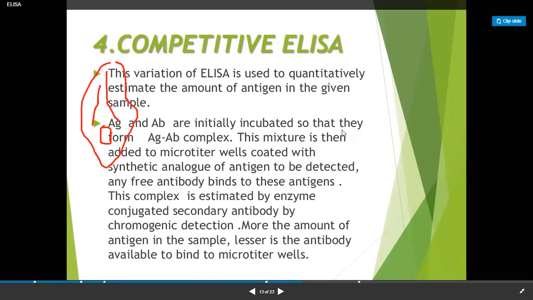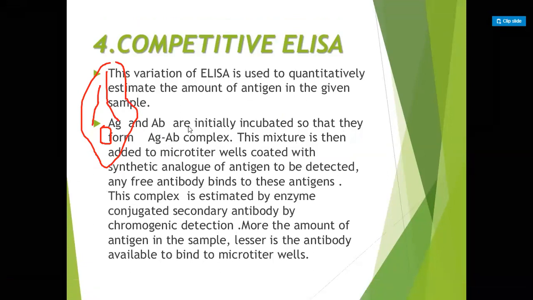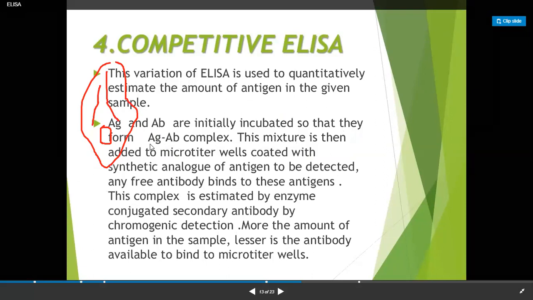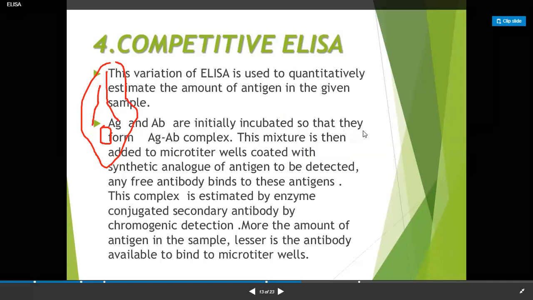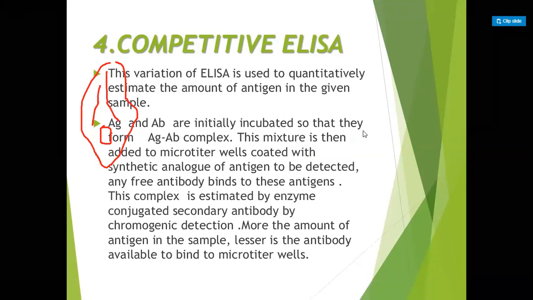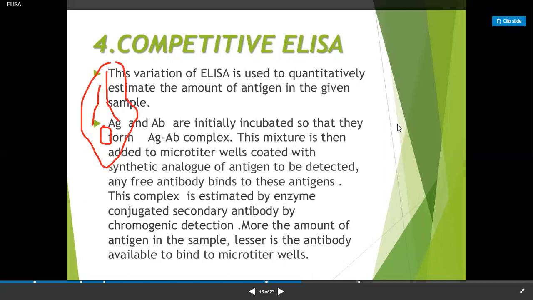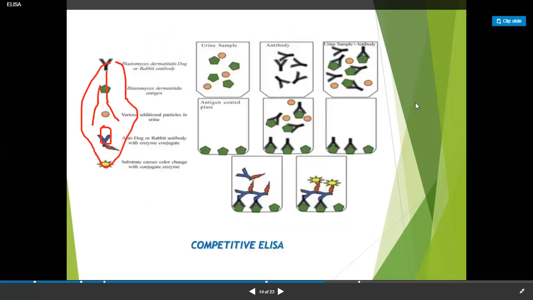Next is competitive ELISA. Competitive ELISA is a variation of ELISA, and in this competitive ELISA, antigen and antibody are initially incubated so that they form an antigen antibody complex, and this mixture is then added to a microtiter well coated with a synthetic analog of the antigen to be detected, and a free antibody will bind to these antigens, and this complex is estimated by the enzyme conjugated secondary antibody, and this binding will be confirmed by the chromogenic detection. This is the diagram of competitive ELISA,